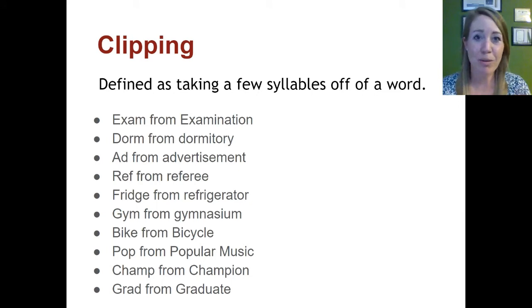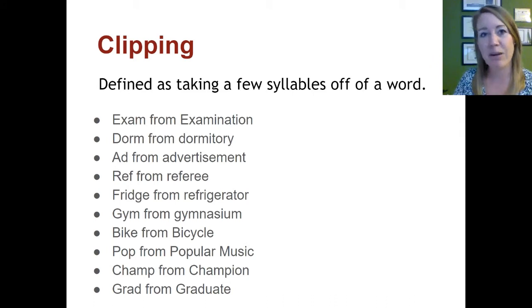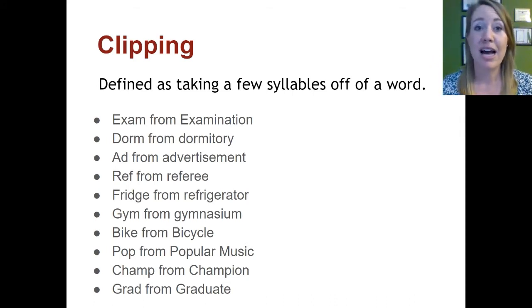Clipping, so that's our third one. Remember, these were three of the biggest ways to create new words. This is when we cut off part of a word. And specifically, we're not randomly cutting off a random part. The rule with clipping that we're all kind of innately following is that you clip off a few syllables. We're not randomly clipping in the middle of a syllable. We're clipping a full syllable off.